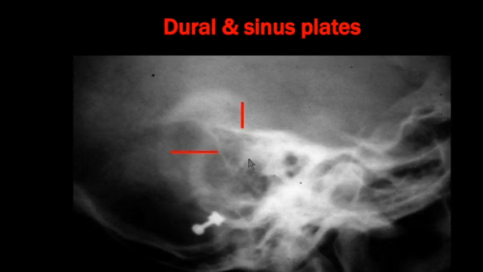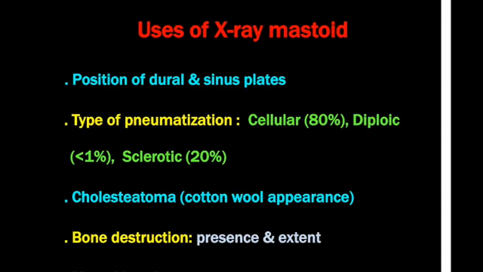In X-ray the cotton wool will look like fluffy opacities. Areas of radio opacity surrounded by areas of radiolucency and fluffy. The margins will not be clear cut. Intervening bony septa will have clear cut margins. They are healthy bone, the honeycomb appearance which I was talking about. But if it is a cholesteatoma, it's an eaten away bone, and the cholesteatoma itself is nothing but keratin debris. It will have fluffy balls. The margins will not be very clear, and there will be areas of radio opacity with patchy areas of radiolucency. That is a typical cotton ball appearance seen in cholesteatoma.